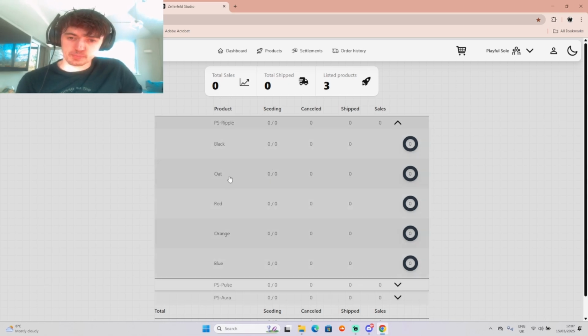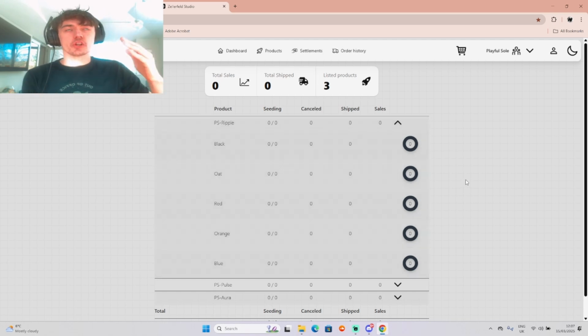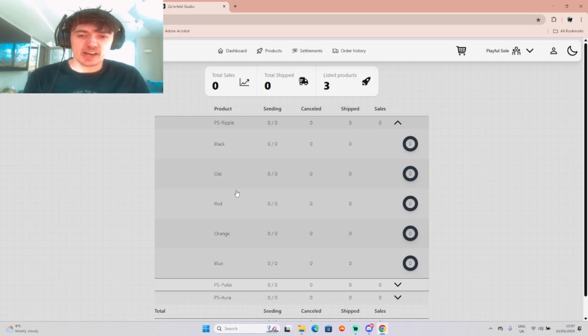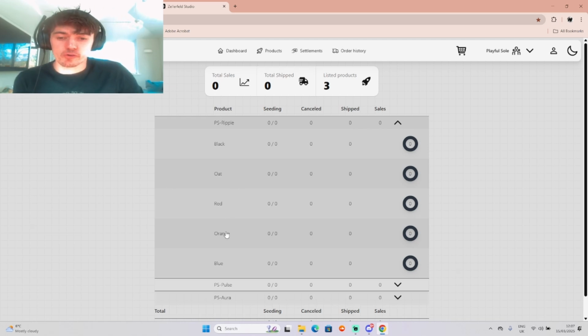So at the moment, there's black, oat, red, orange, and blue. You can see all these different colors and see which color has been more popular. For instance, blue would probably be more popular than orange, but oat would probably be more popular in a conservative market. But if your brand's not for a conservative market, maybe orange would probably be the best color. For instance, the famous orange color that Heron Preston has. Anyway,